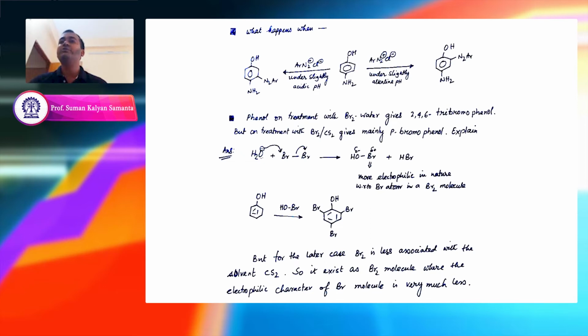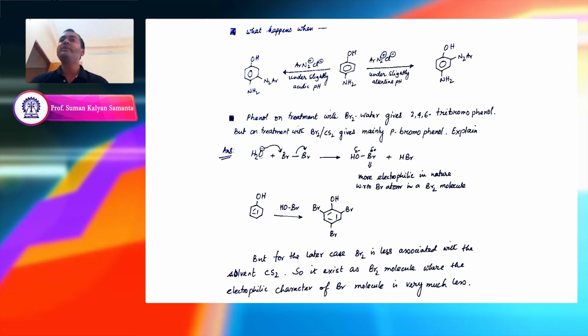So the electrophilicity of this bromine is not as much as that with the bromine in water, and that is why in this case only monobromophenol is formed. Okay. Now, what happens in the first case at the top, when you take, let's say, para-aminophenol,